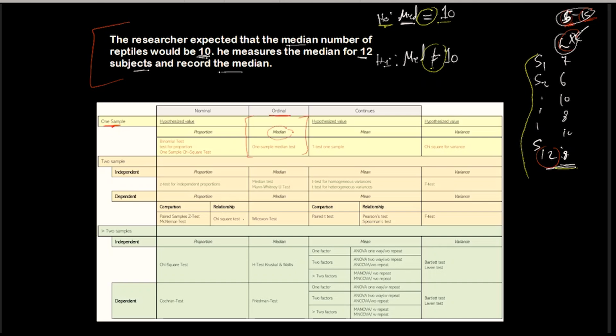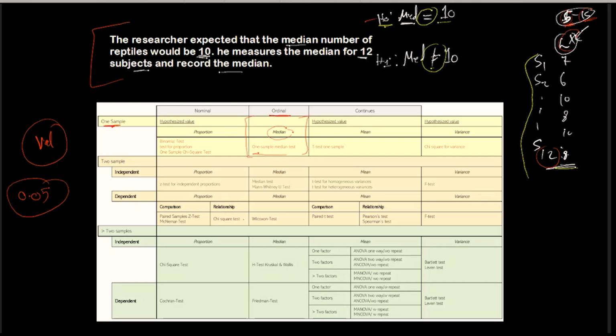And obviously, I would be looking at the median, and that's exactly what we're looking at. So in this case, the test I would be using is the one sample median test. Once again, once you reach it, you will be spelling out a value, and then, of course, you will be comparing against the level of confidence of interest,